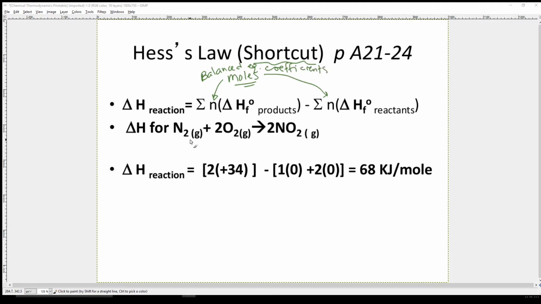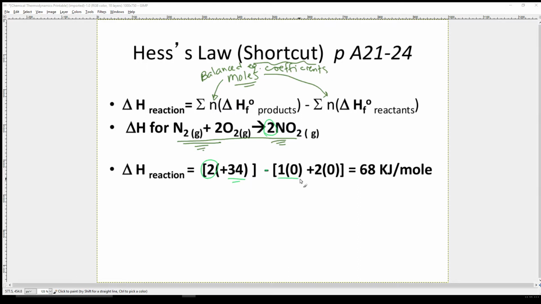So for instance, looking at this balanced equation here, we're going to take the products minus the reactants. Notice how there are 2 NO2s. If you were to go into your textbook, I don't think these page numbers are quite right, but go in your textbook and you could find the different delta H's for different compounds and molecules, and you'd find for NO2 it is 34, and since there are 2 of them in the balanced equation, you get a 2 here. So those are our products minus